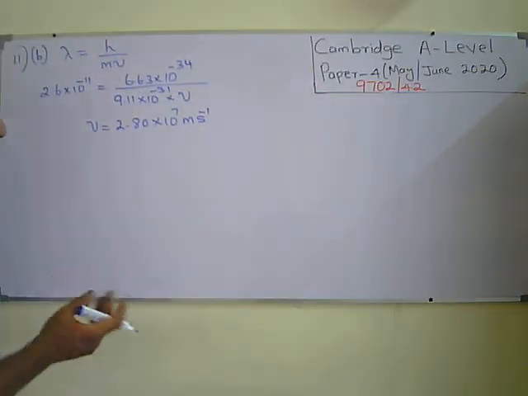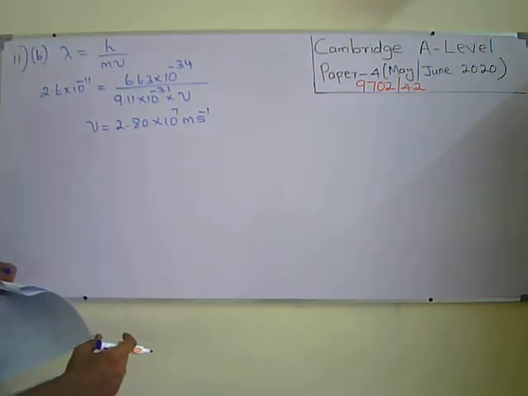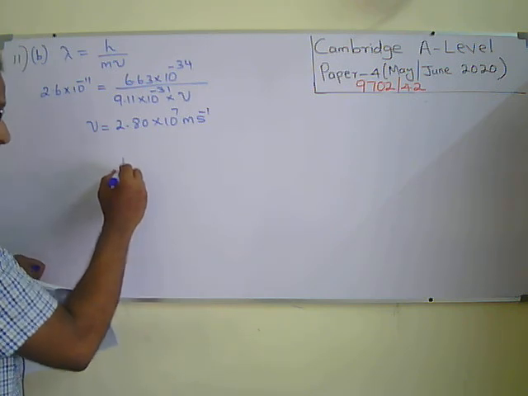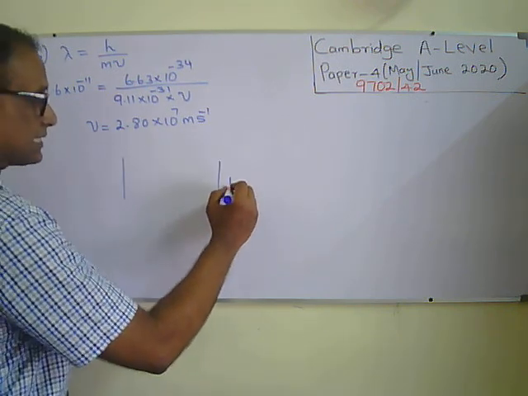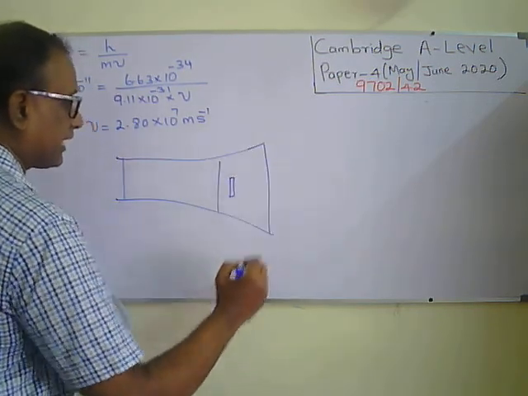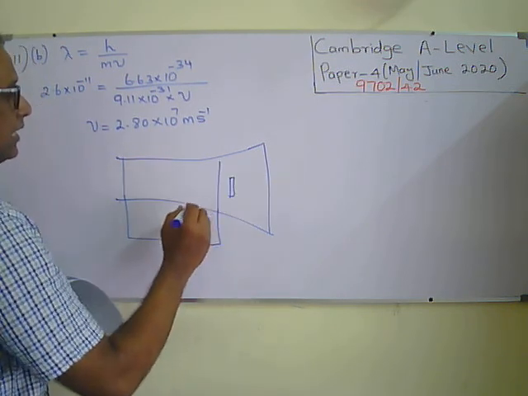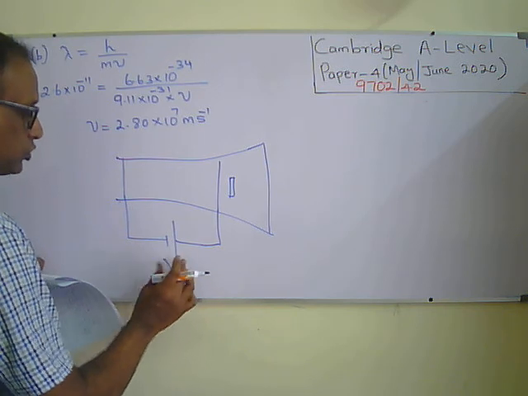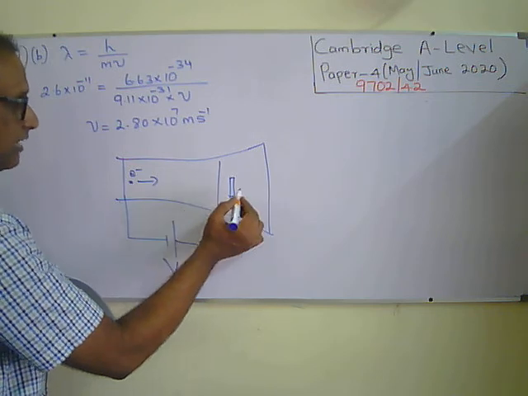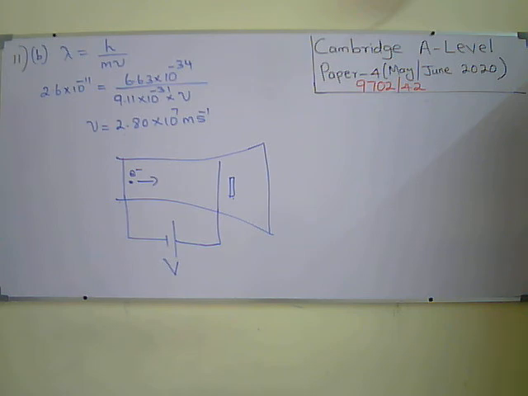So there we should use an electric potential applied across the cathode and anode. Anode is the positive terminal. The electron will be accelerated from cathode to anode. So we keep the crystal here, in a closed tube like this, an electron diffraction tube. There should be a negative terminal, and this is the positive terminal. They are asking how much this voltage should be if the electron is accelerated from here to here, and when it passes through the crystal, the speed is 2.80 times 10 to the power 7 meter per second.